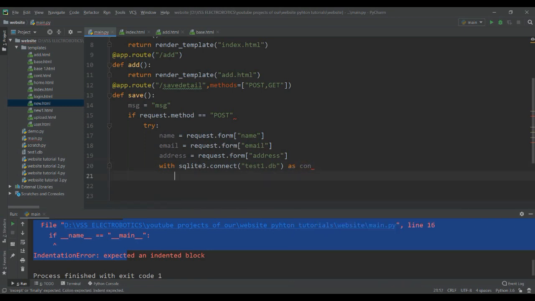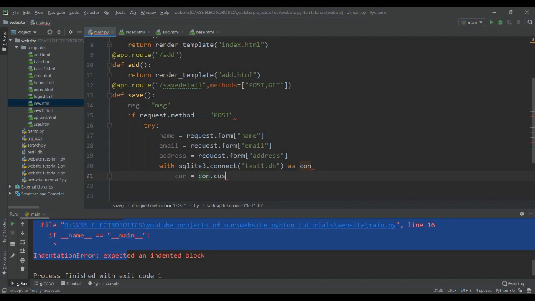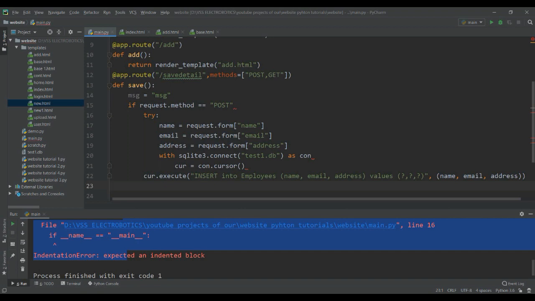I'm creating an object for that, and in this we are creating an object equal to con.cursor. Cursor is a function or class in this SQLite. Now we are gonna create this cur.execute. Okay, this cur.execute will help to insert